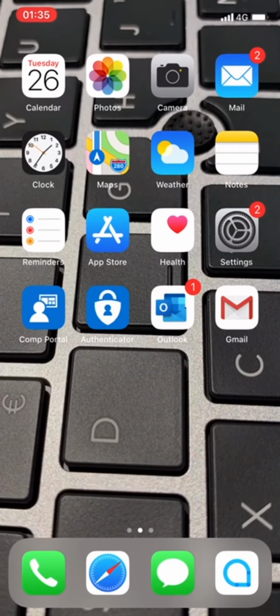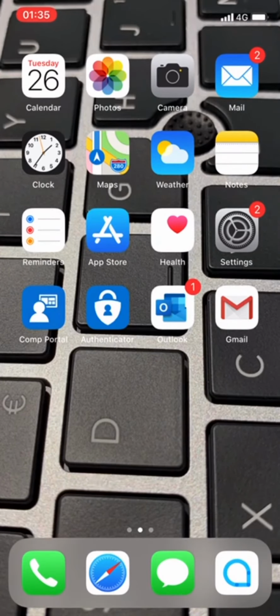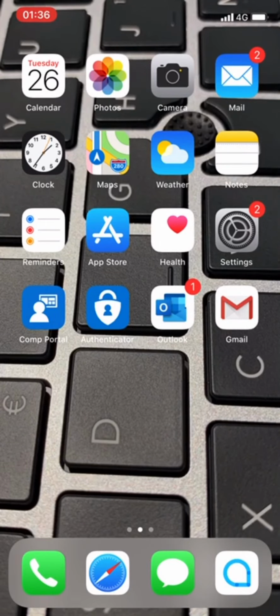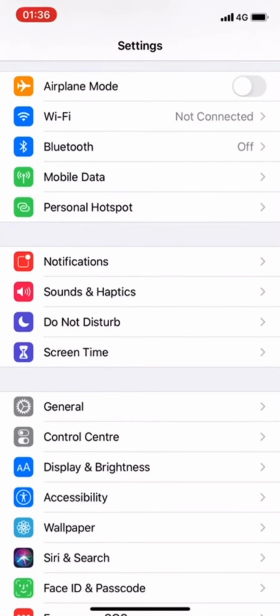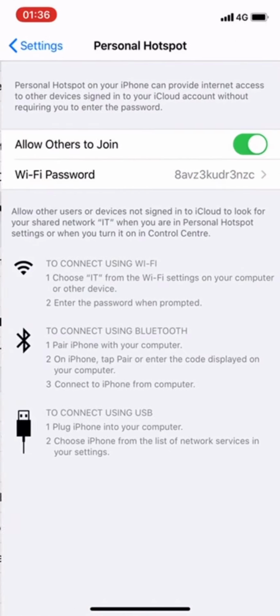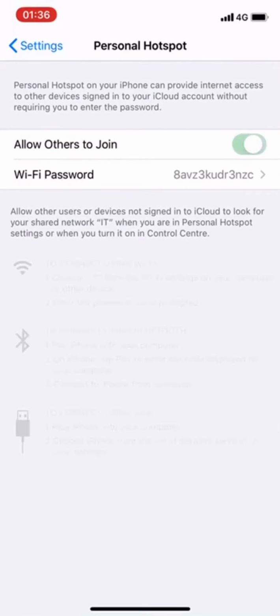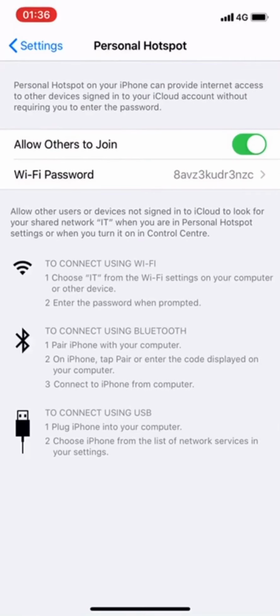You know that you can share Wi-Fi from your phone to computers and other devices. If you need internet on them using Bluetooth or Wi-Fi, you can share it from your iPhone. And it's really simple. You go into the settings app and here you can see personal hotspot. That's basically what it's called. And you often need to have the allow others to join